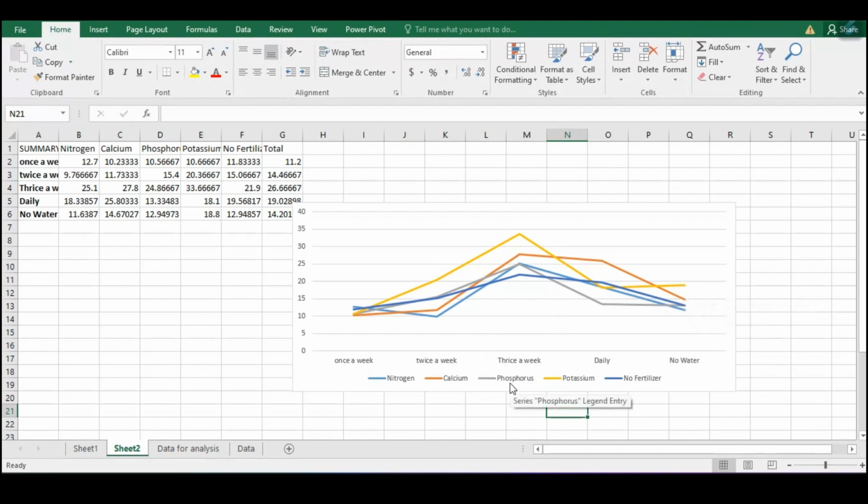So it can tell you that potassium is one of the best fertilizers to apply to get high weight. And you can see here potassium and thrice a week were the highest. So it tells you that the best interaction for all these is potassium and thrice a week. However, we tend to have other post hoc analysis that can try and give us